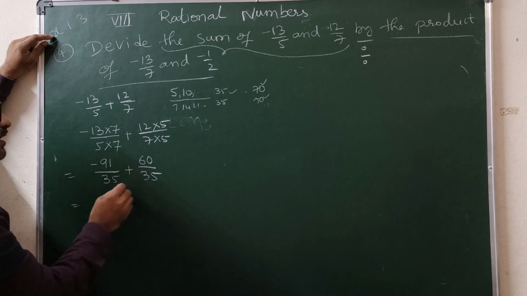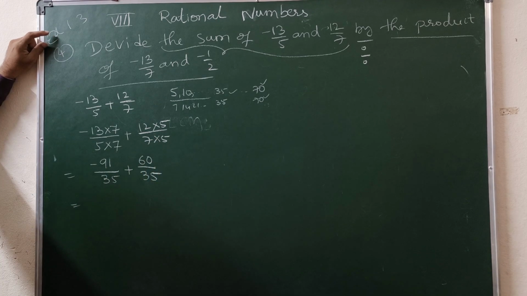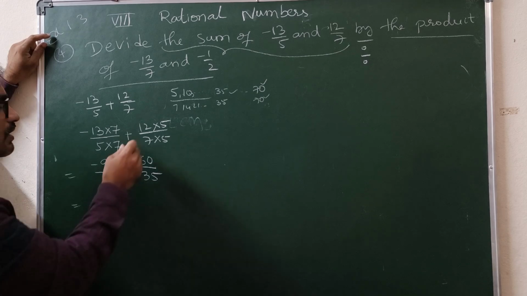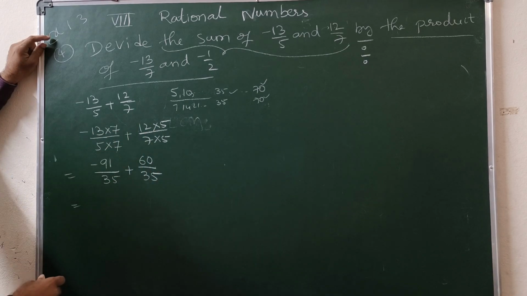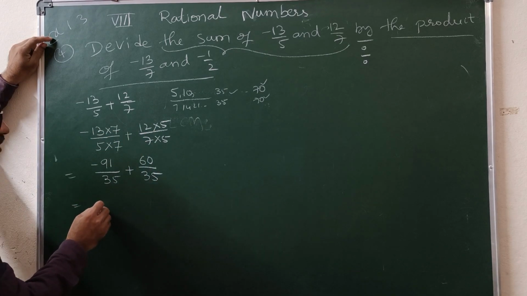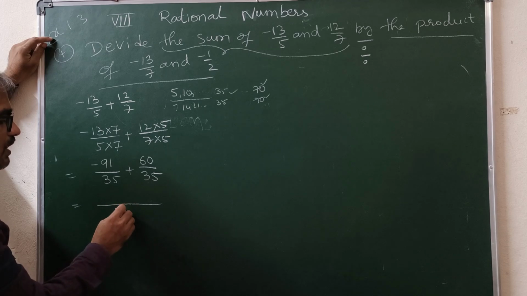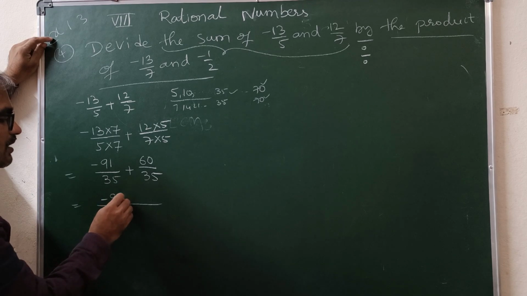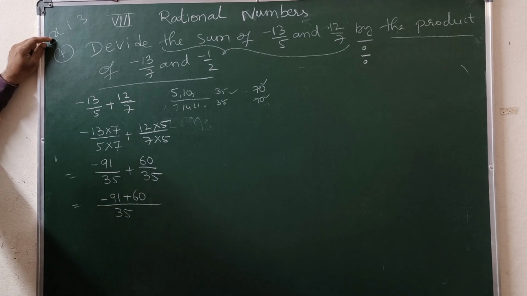Students, again they will cut here. So we multiplied it, right? So you should not again divide with 5. Now denominators are same, no? So you add the numerators. Minus 91 plus 60 means